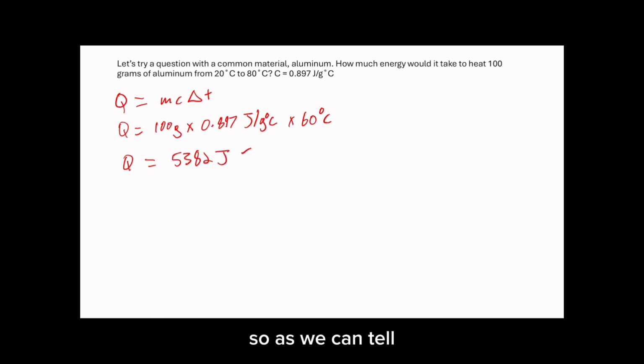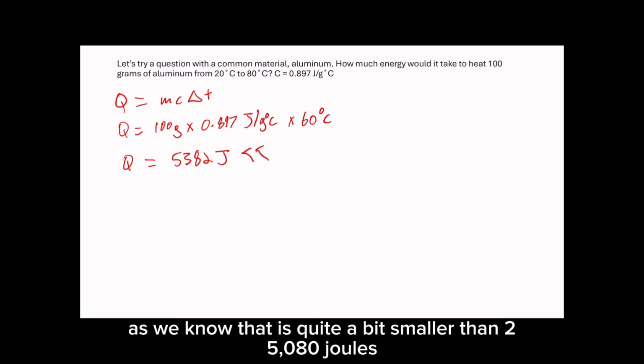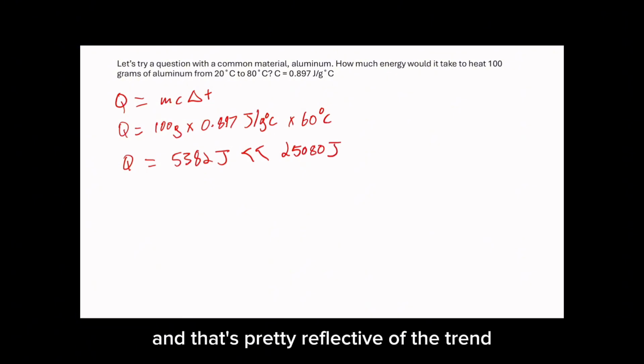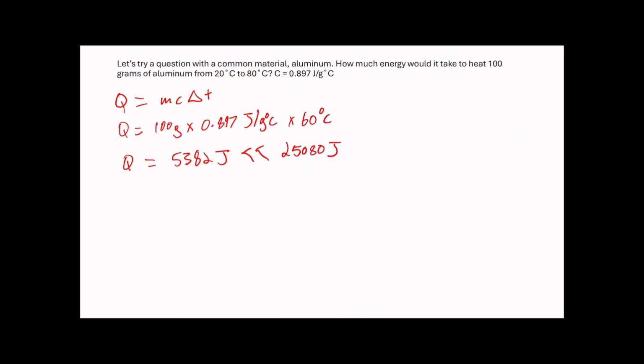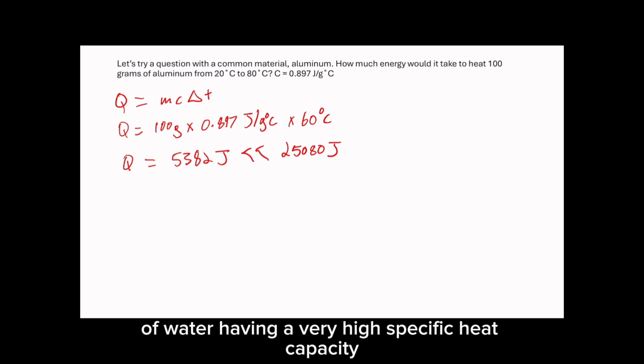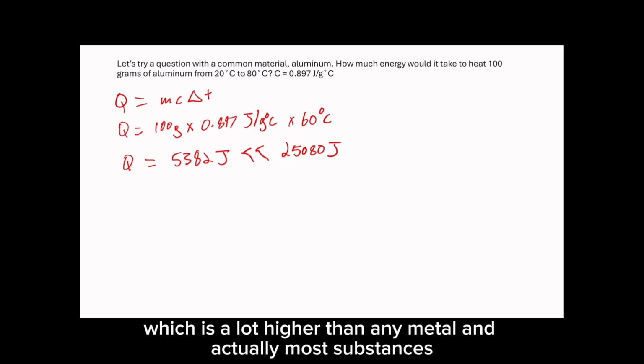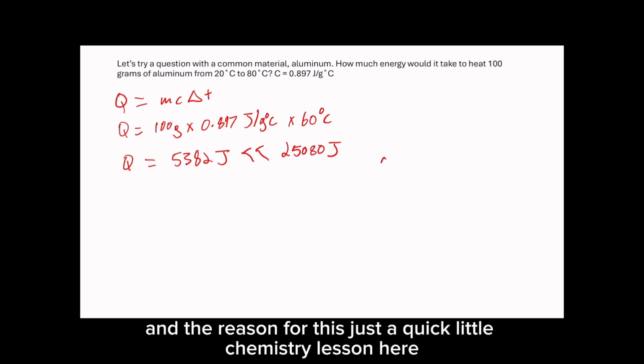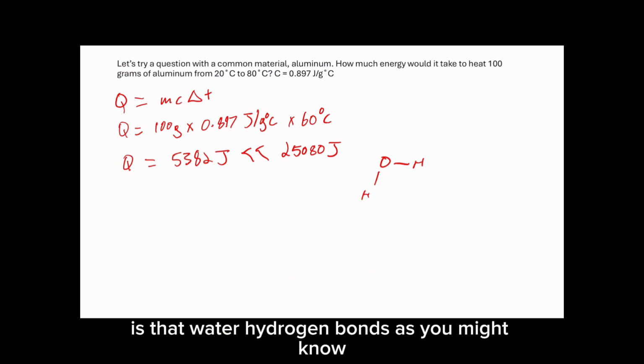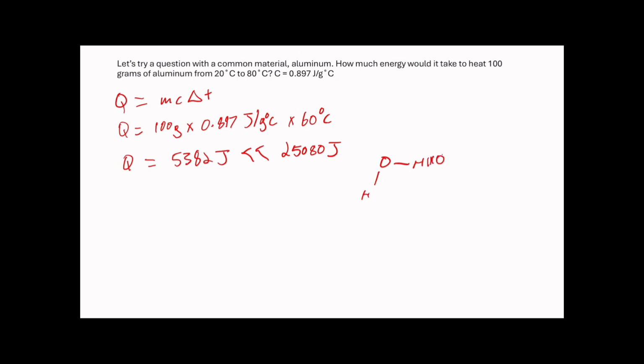So, as we can tell, that is quite a bit smaller than 25,080 joules. And that's pretty reflective of the trend of water having a very high specific heat capacity, which is a lot higher than any metal and actually most substances. And the reason for this, just a quick little chemistry lesson here, is that water has hydrogen bonds, as you might know,